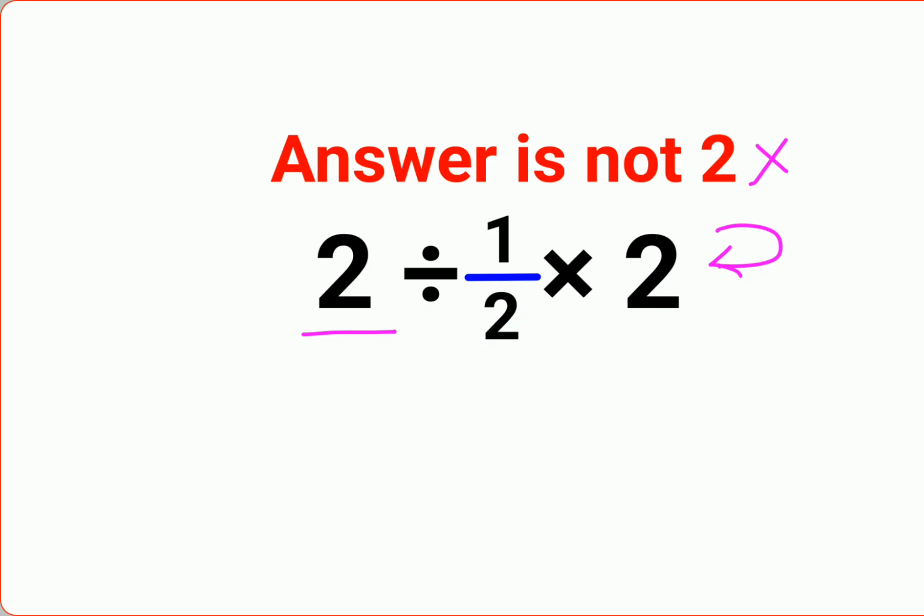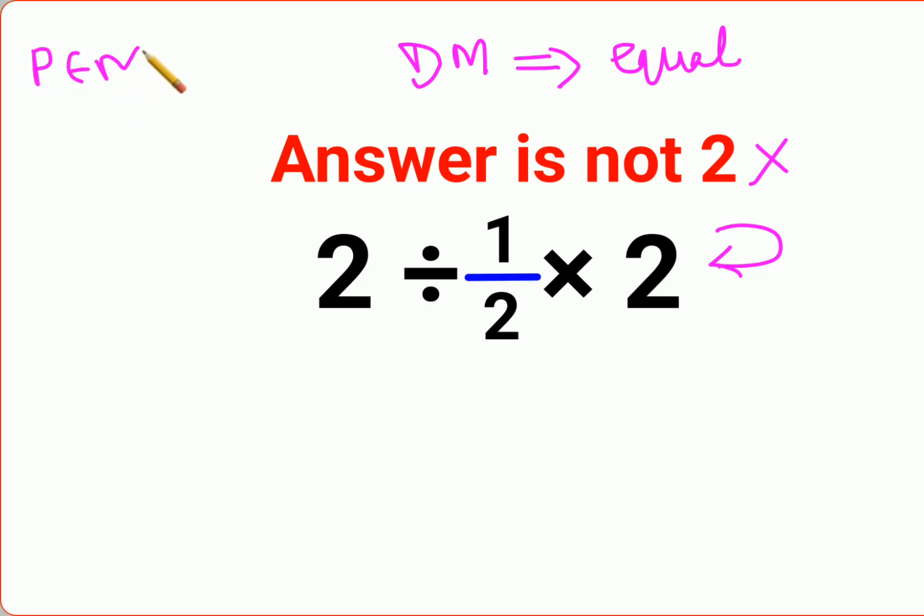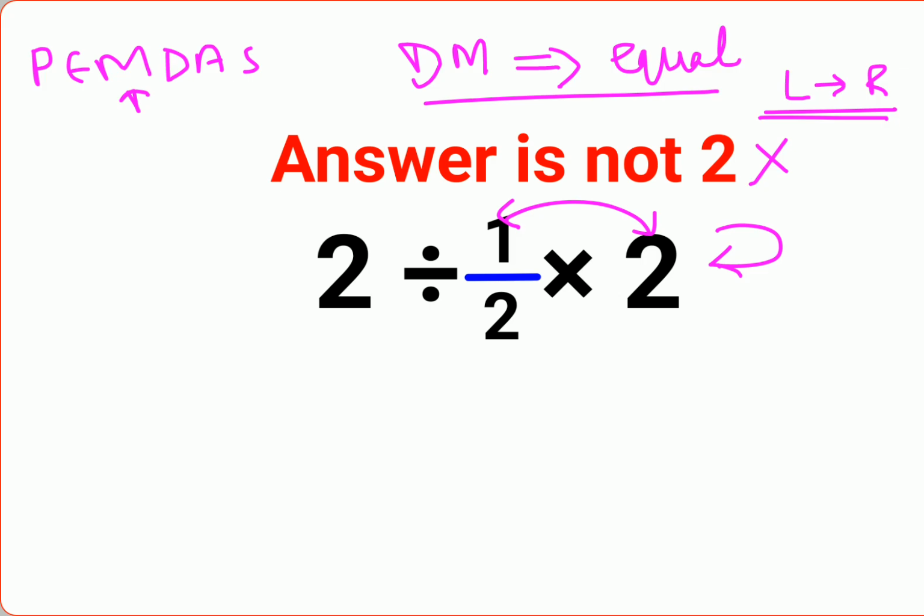Please understand, whenever you have a division and multiplication together in any sum, you have to remember that they hold equal precedence. Now this problem happens to people who are following PEMDAS. A lot of people think that in PEMDAS, because multiplication happens to be coming first, we need to do this operation first. But that is not correct. Like I said, both of them are supposed to be equal. So in this case, what you should do is you should always go from left to right. This is a universal thing. You always go from left to right.